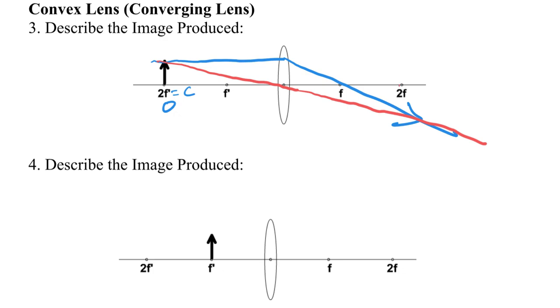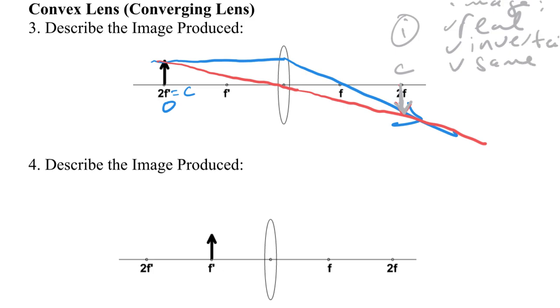Okay, supposedly, what's supposed to happen over 2F, the rays intersect at the C on the other side. So that will be an image that's real because it can be caught on a screen on that side. So it's real. The image is real. It's inverted, upside down. And it's the same size as the object. Okay, we talked about that before